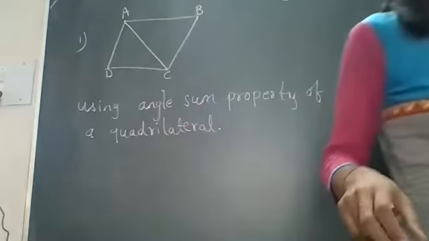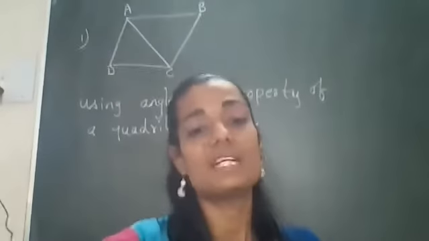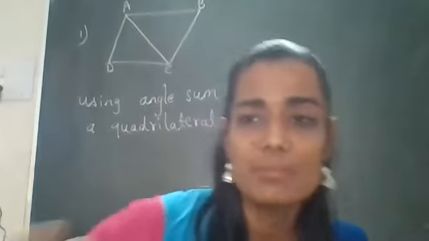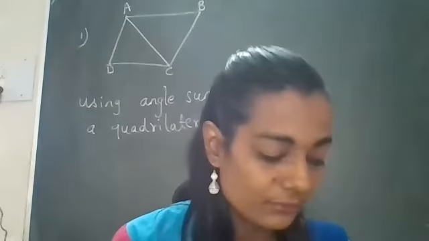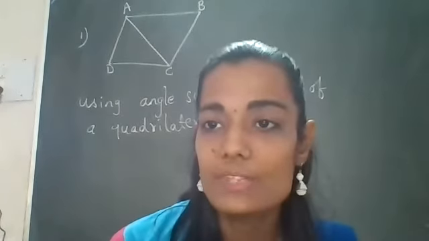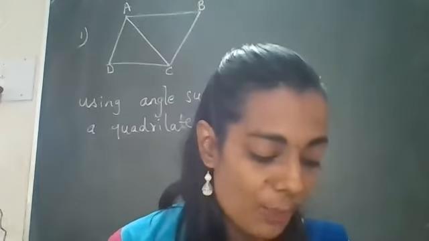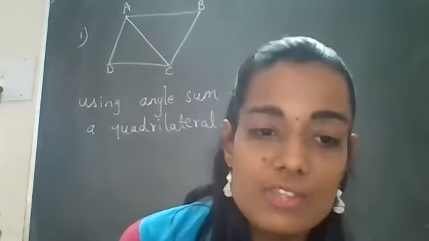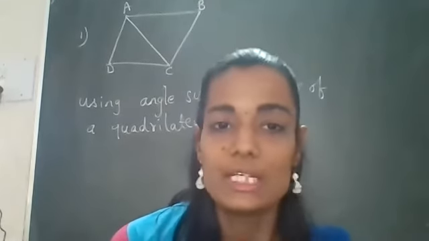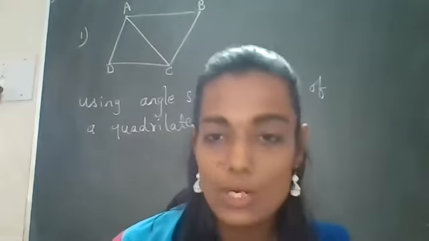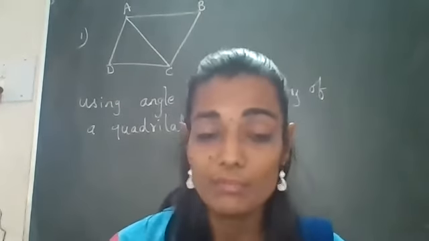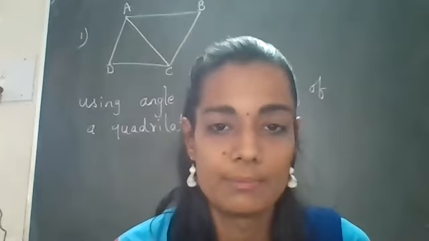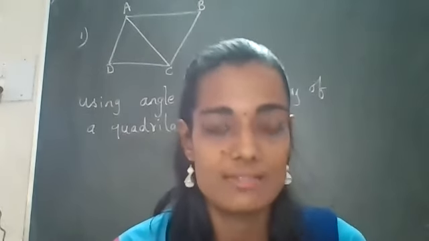You just have to remember the theorems. Nothing else in detail, because the proofs of all our theorems are omitted. So just remember these theorems. Now theorem 8.3. If each pair of opposite sides of a quadrilateral is equal, then it is called a parallelogram. Means the reverse of theorem 8.2. Theorem 8.2 says that in a parallelogram, opposite sides are equal. And theorem 8.3 says that if the opposite sides are equal, then it is a parallelogram. Okay, this is a vice versa case.